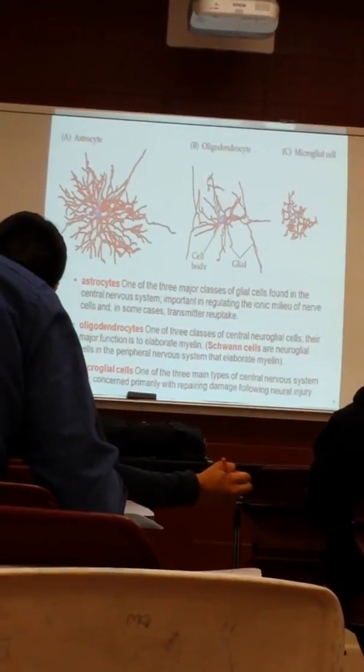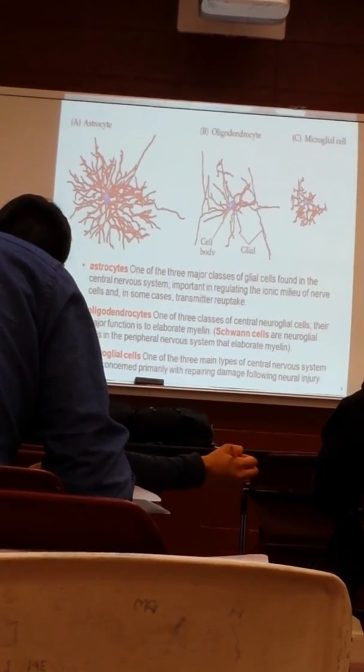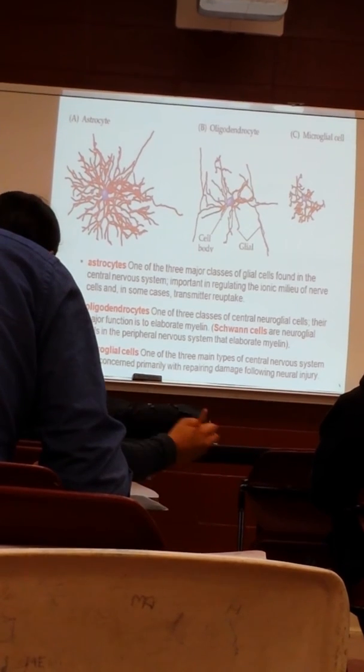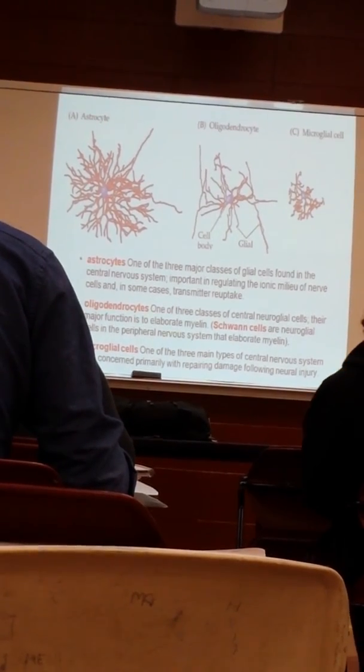Okay, so they're just processes or extensions. But they have a cell body, they have these things, but they don't have synapses. They don't produce synaptic vesicles. Remember, we talked about that a lot last time. Those little blobs in the presynaptic terminals. Glia don't do that. Glia don't do a lot of other things, but otherwise they look very much like neurons. And we'll talk a little bit more about that later. But they do one very important thing. Well, they do